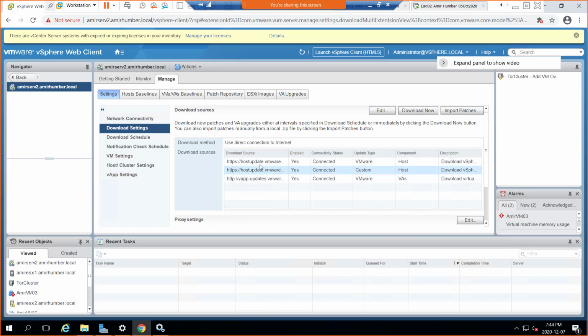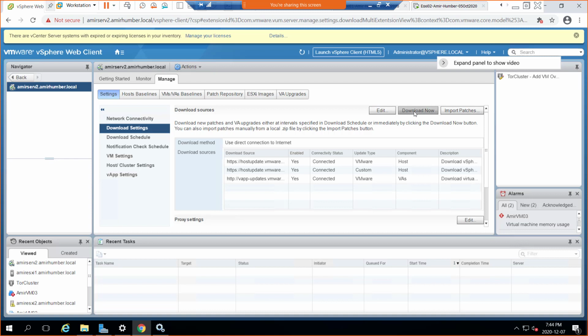We don't need to mess with those sites, because these are the sites VMware downloads the patches from. I can click the Download Now button, although I don't have to. Why? When we were installing VUM, we had the option checked that as soon as VUM installs, it will download all the latest updates.